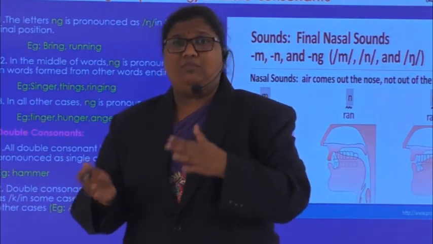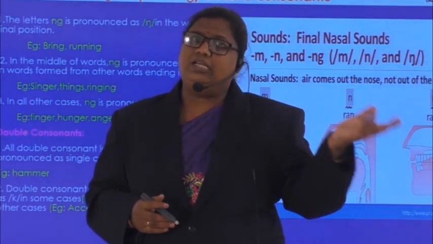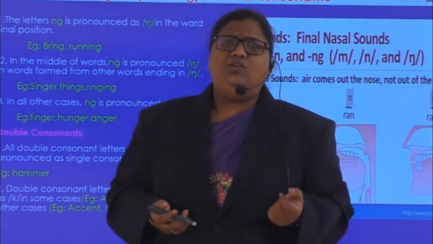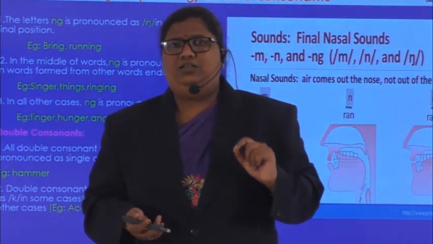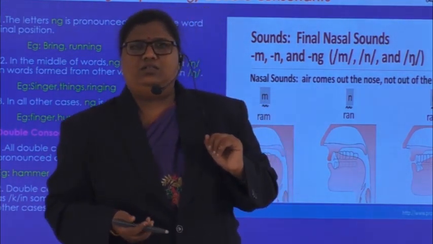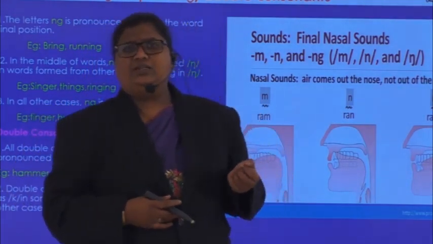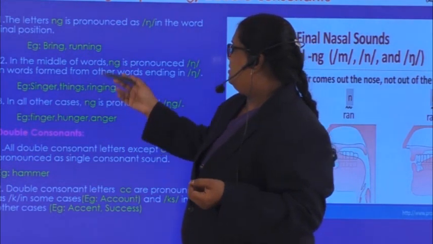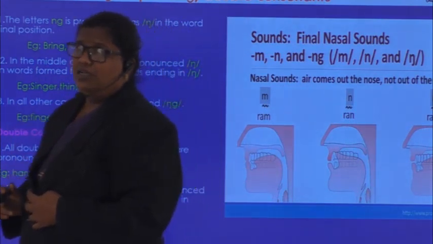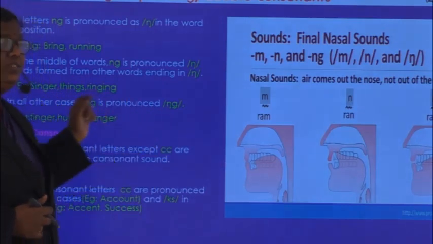So coming to this, where we have to pronounce ng, the g can be kept one beside the other, or one has to be completely removed. For example, if the word is king, you don't pronounce the g; you pronounce it as k, i, ng. So there's no other g sound. Or if you want to say something like singer, there is no other g sound. Now, double consonants and ng sequencing. First we'll see the ng sequencing rules.